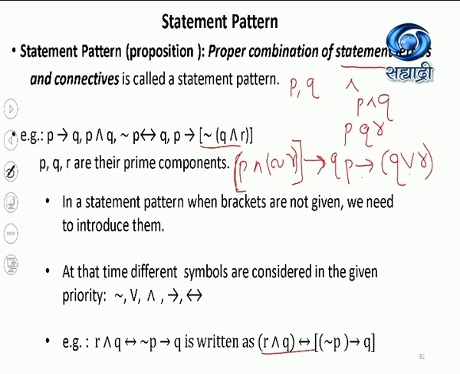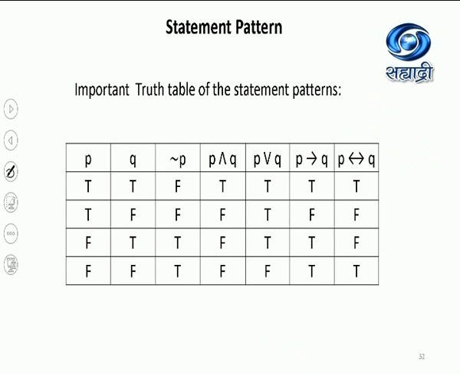For us, the statement patterns are generally given. Okay. Now, what do we do with this statement pattern? Of course, we now have to write the truth tables for the different statement patterns. We have already seen the truth tables for different statement patterns such as conjunction, disjunction, implication, biconditional. Okay, this is the reference table for you. You do not learn the values by heart, as I said, but from this table you have to remember the hint.